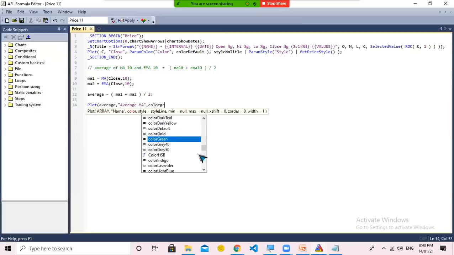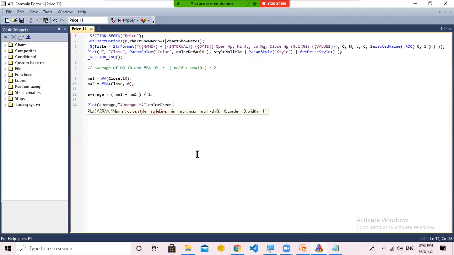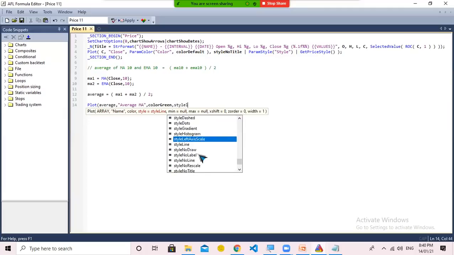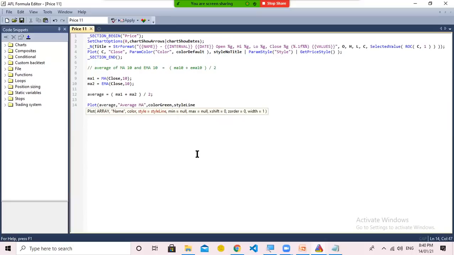Let's say I give color green, enter, and then style, in which form I want to plot this moving average. So it should be in line. So styleLine, bracket close, and semicolon. So this is the formula.